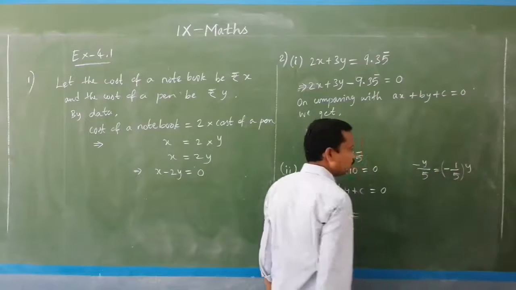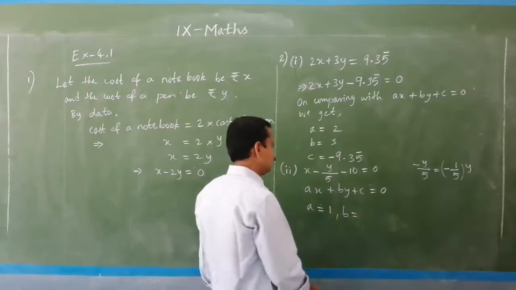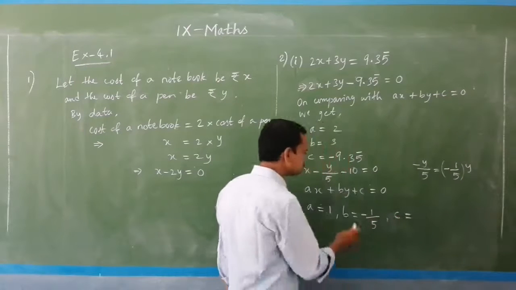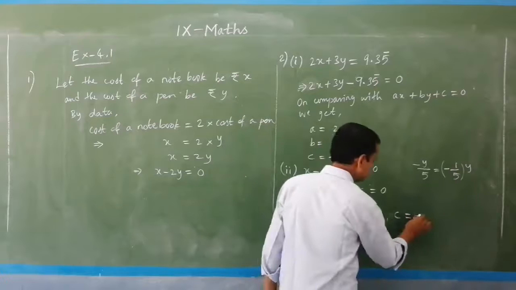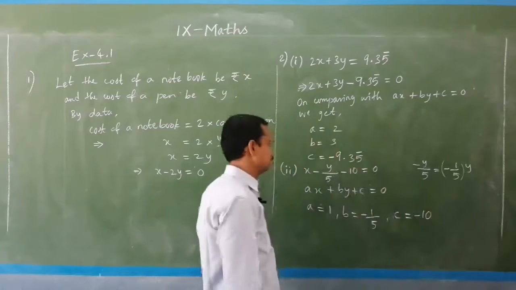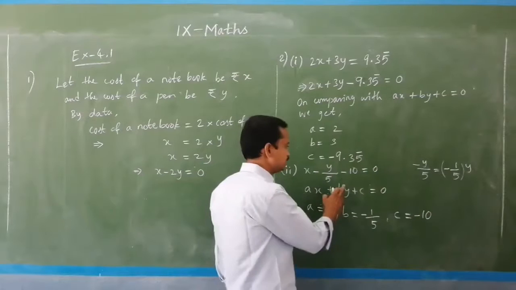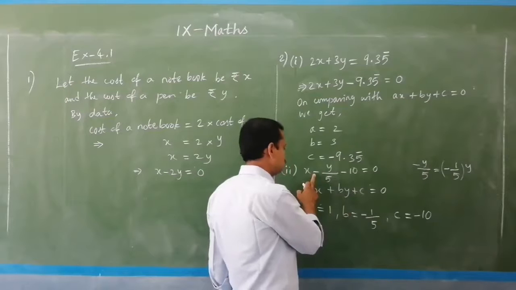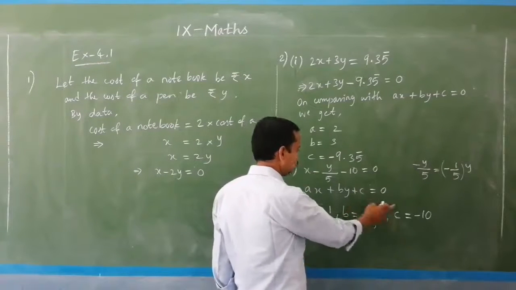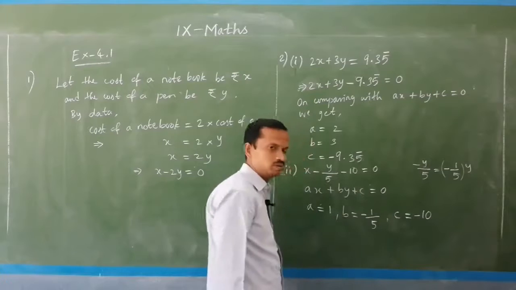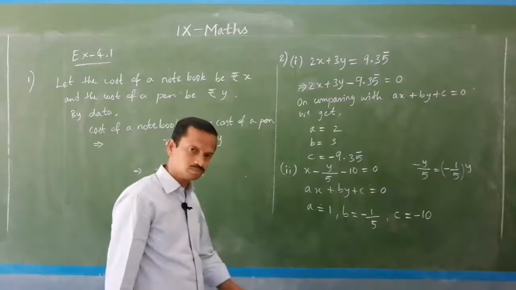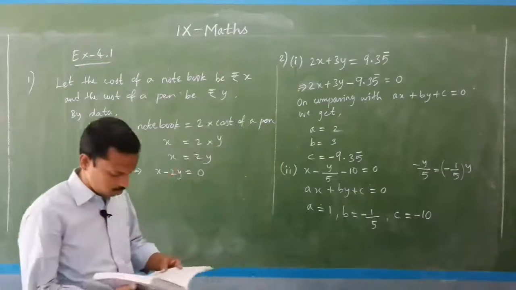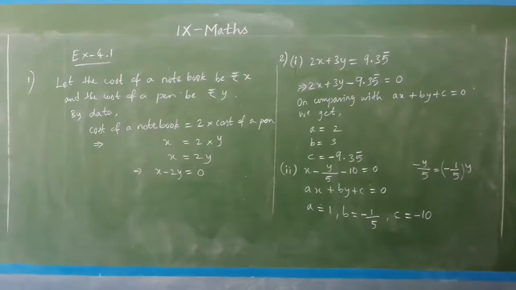So, this is the coefficient of y. What is the B value? Minus 1 by 5. And what is C? Instead of C here, minus 10. I already told you, if you find minus, you should be very careful, because in general form the plus sign is there, here also the plus sign. So, you have to be very careful to put the minus sign. Both are minus signs, B and C are negative values. Like this we have to find the values of A, B and C in the rest of the questions. And two more options I do for you.